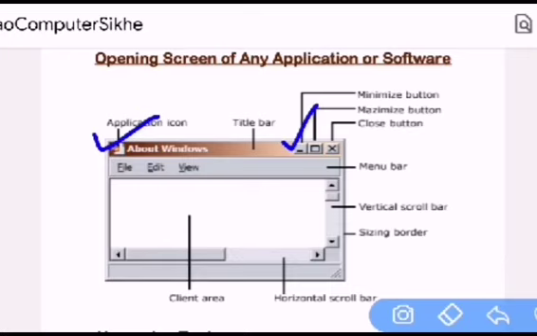By clicking on it, the window becomes an icon at the taskbar. Second is maximize button. It is used to maximize the window to whole desktop. Last is close button. This button is used to close the particular application. The keyboard shortcut for closing any application is Alt plus F4.